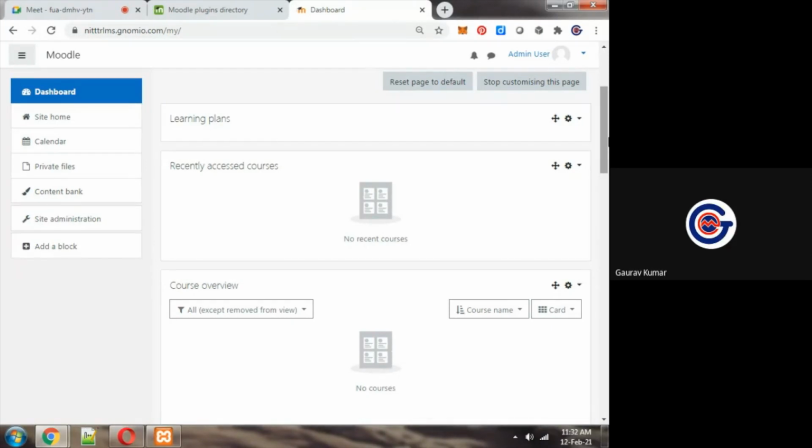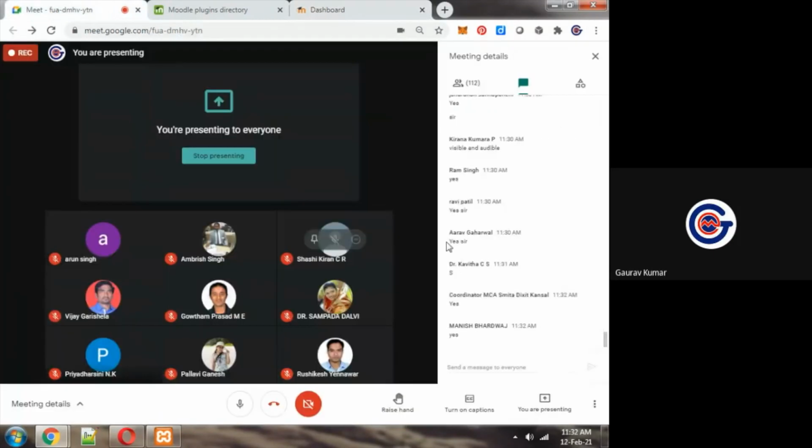If we want to work on large scale, customized deployment of Moodle, we work on our own server. We create our own server.